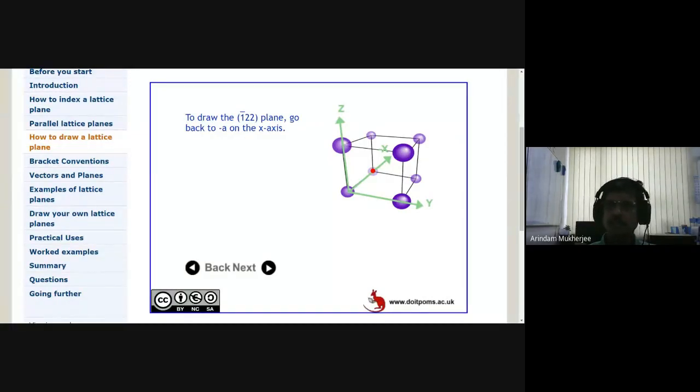And if somebody asks you, the distance between these 2 bar 4 4 planes and the distance between 1 bar 2 2 planes, will they be similar? You say no, they cannot be, because you have changed the distance. 1 bar 2 2 is sitting at certain edge lengths, and you have just doubled the distance, and you have got now 2 bar 4 4. Sorry, half the distance. Okay, and you have got 2 bar 4 4. Do you get my point, or shall I go back to this one again?